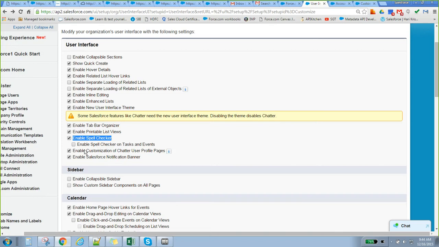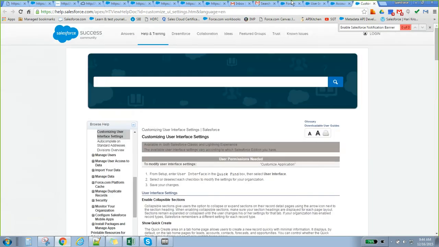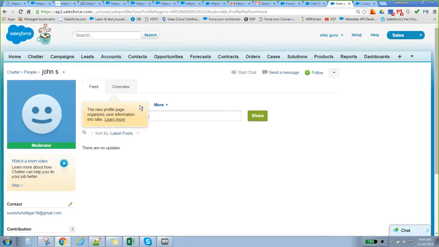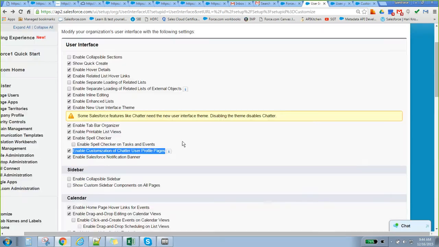Okay, so enable customization of Chatter user profile pages. If you go to any user, let's say John, you see Chatter settings: enable customization of Chatter user profile pages.